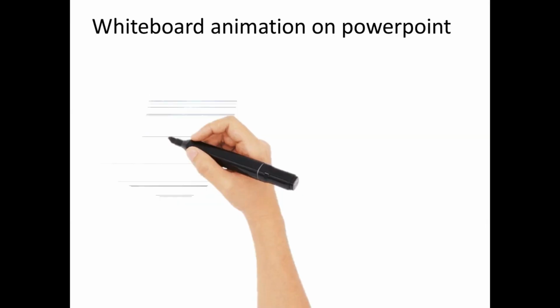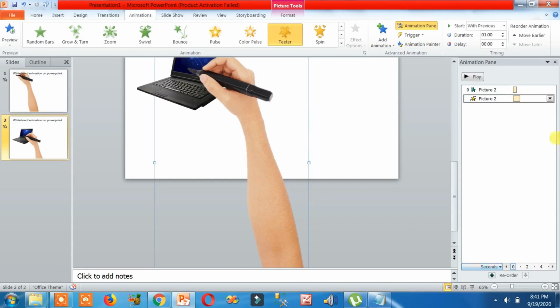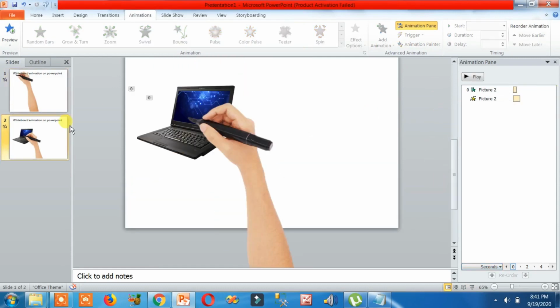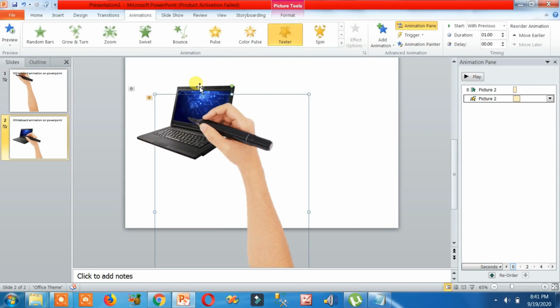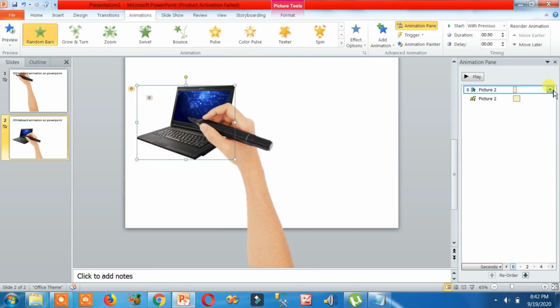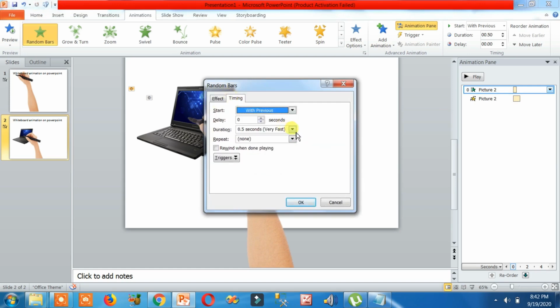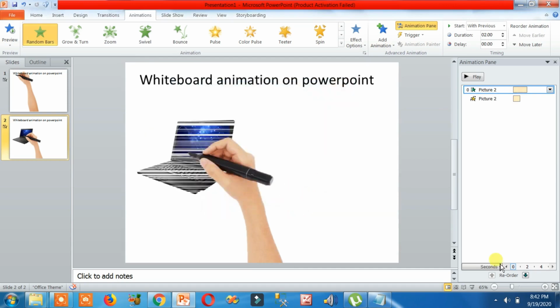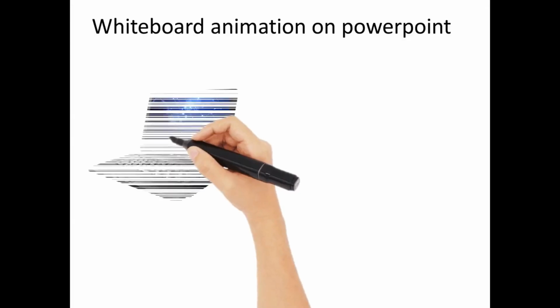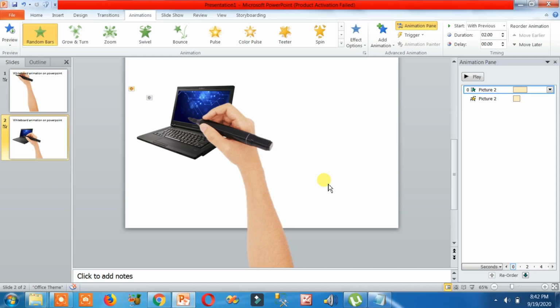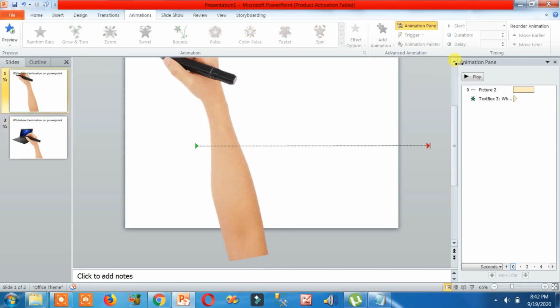First of all, check. Okay, so we are going to set timing accordingly. Click on this laptop, click on this effect options, then here you can see timing, click on this medium. Okay, so now I'll just check it. Okay, so that's how basically you can create text,